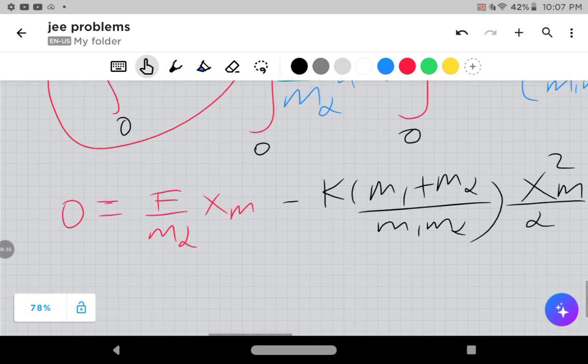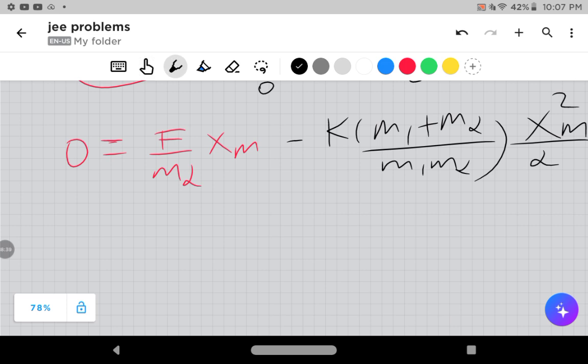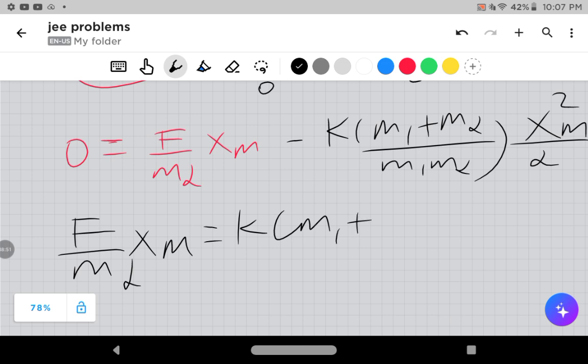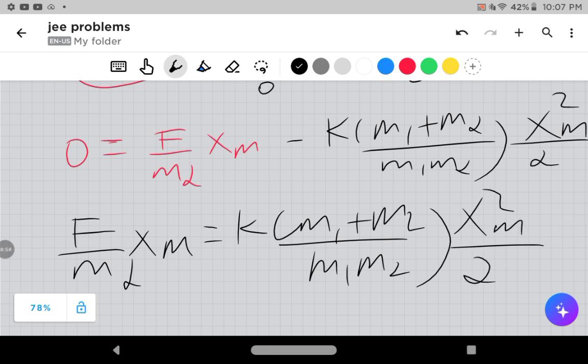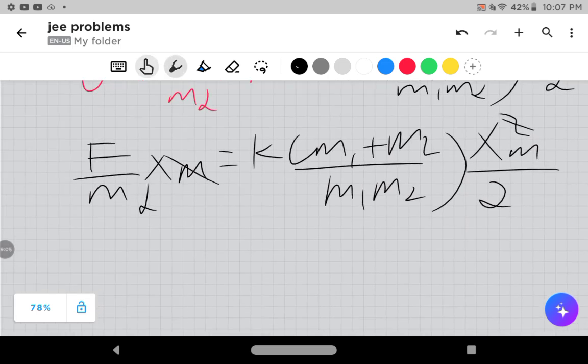Now send something that side. So what will you get? We want xm, right? So f by m2 xm is equal to k times m1 plus m2 divided by m1 m2 times xm squared by 2. Cancel an xm with another xm, and send all the terms except xm here. So that remains f by m2